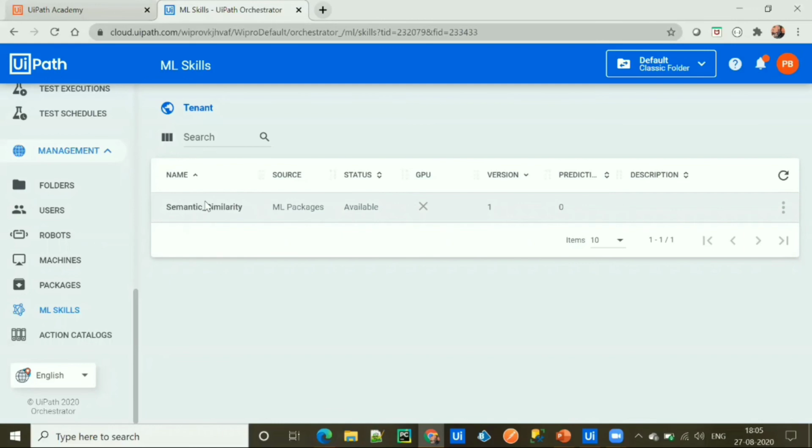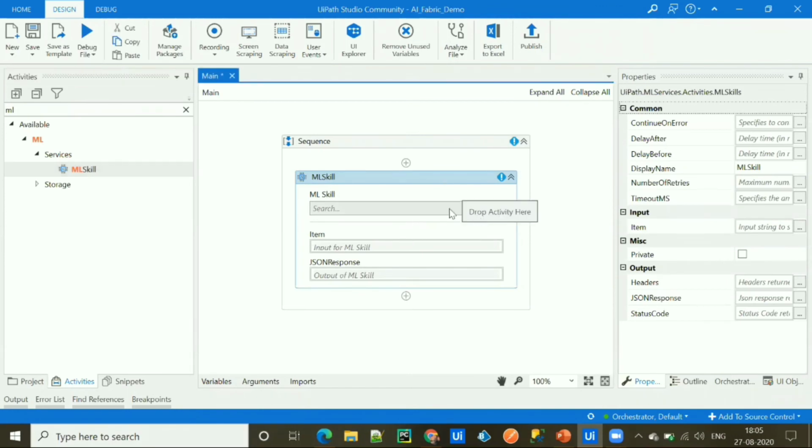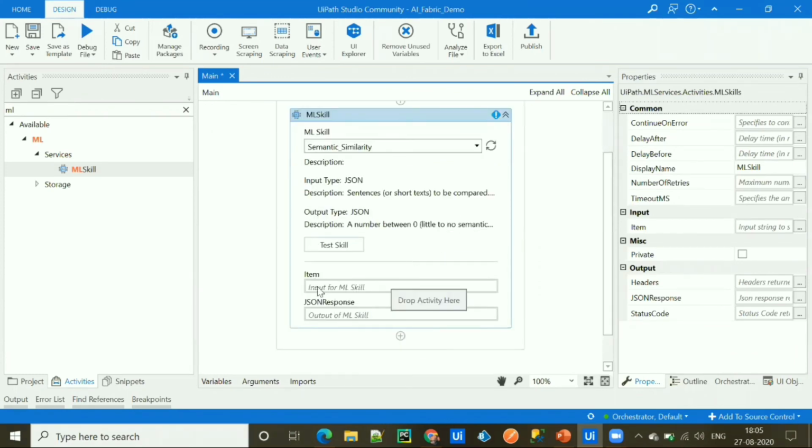To test the skill, we need to go to UiPath Studio, where we have just dragged the ML skill activity, right? So we need to refresh this and select the ML skill that we created from the drop down, which is semantic similarity. After that, it will ask you for the input for the ML skill and it will return the output of the ML skill in JSON format.